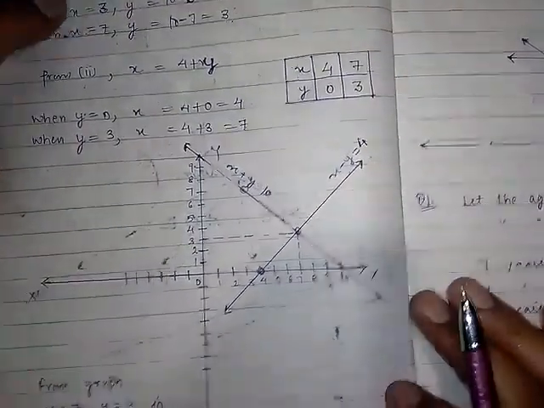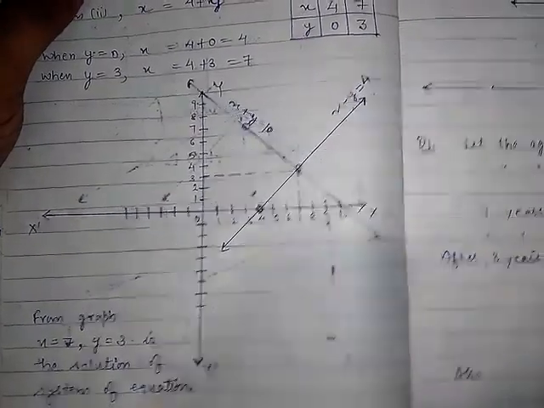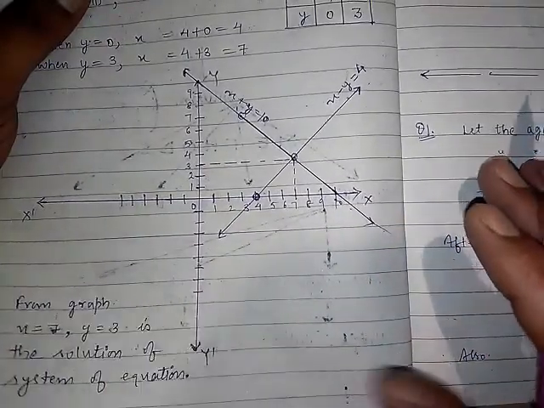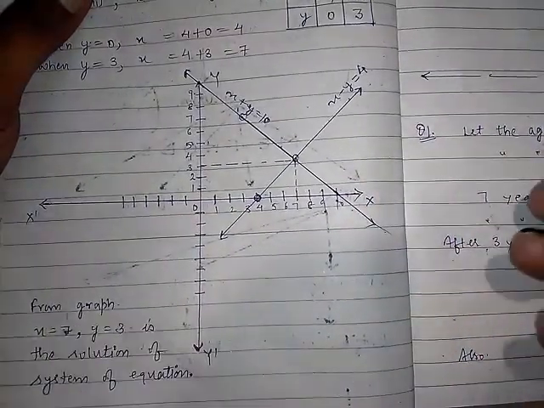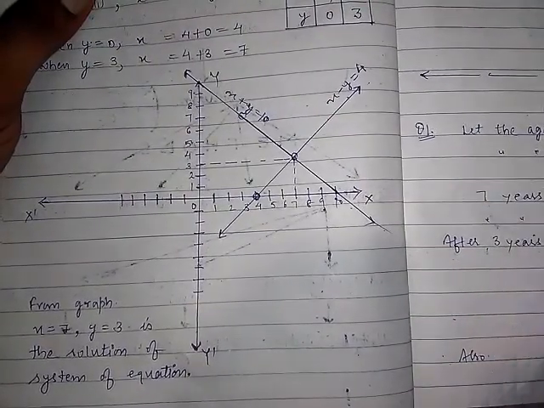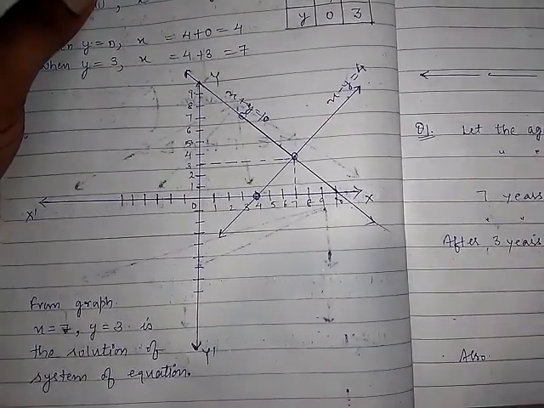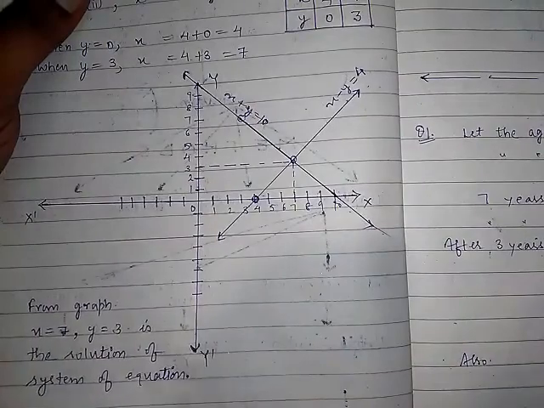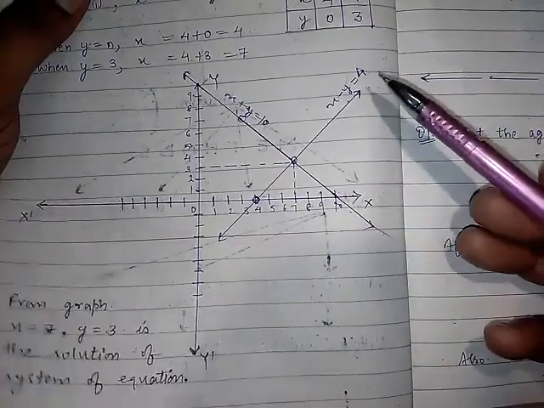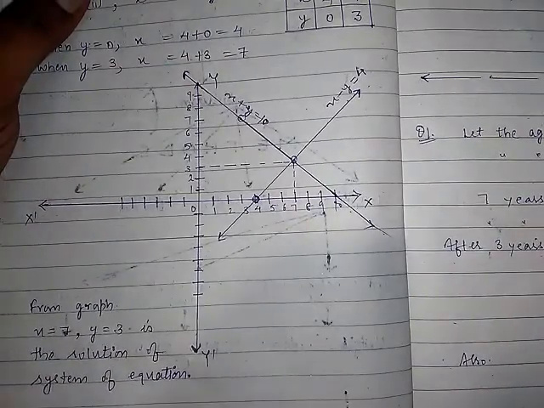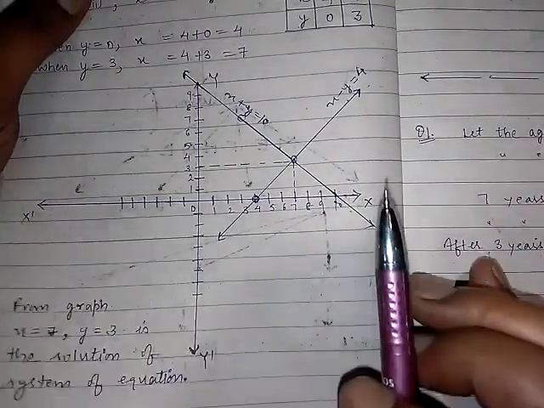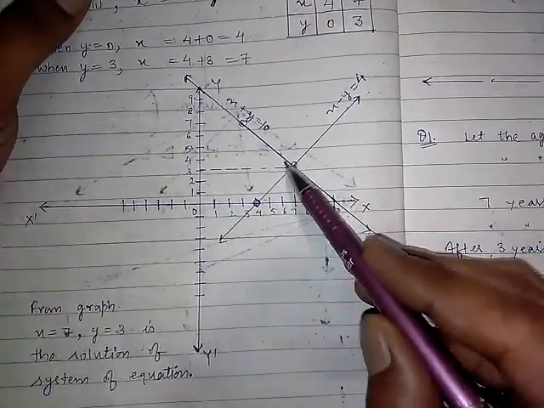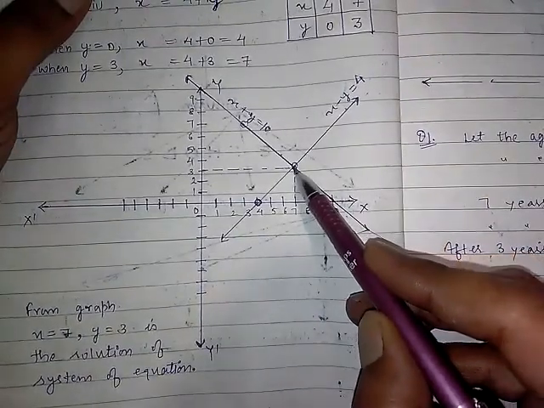Clear? Now what we are getting here, as I told you on the last page, after drawing the graph you come to know about three cases. The first case can be intersecting lines, it can be a coincident line, it can be parallel lines. So what will happen here? By chance in this problem we are getting intersecting lines. So what do we mean by intersecting lines? The system of linear equations in two variables has a unique solution. Unique means one. One means the common solution. Common means this one point at which the two lines are crossing each other, that is the common solution.